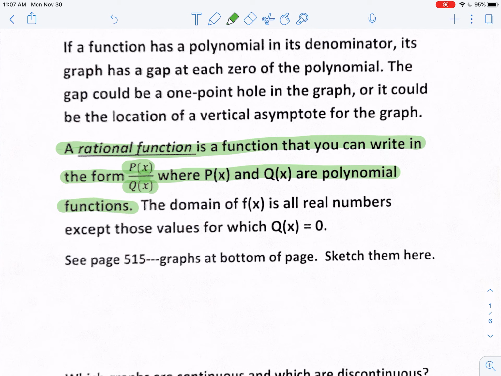So here's what I know. When you've got a fraction, the denominator can't equal 0. So the domain for this rational function is going to be all real numbers, except, I call these red flags, where the denominator equals 0. So when the denominator equals 0, you're going to have either a vertical asymptote or a hole in your graph. Okay? So let's figure out what